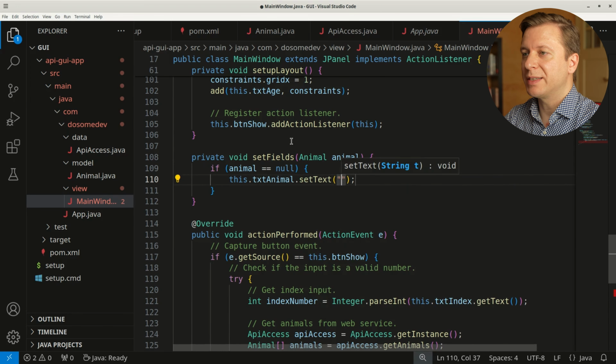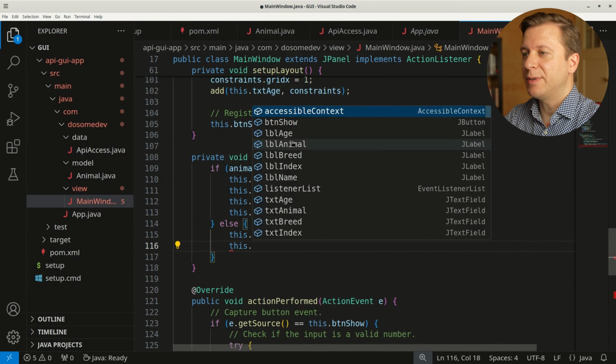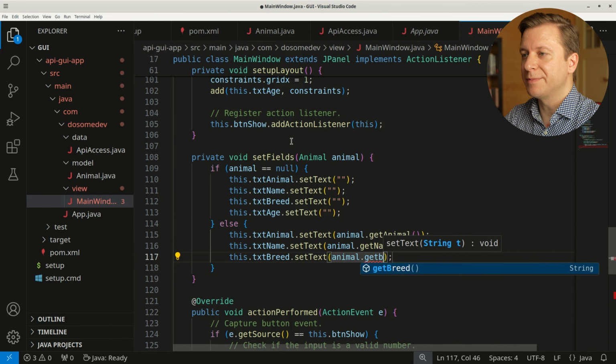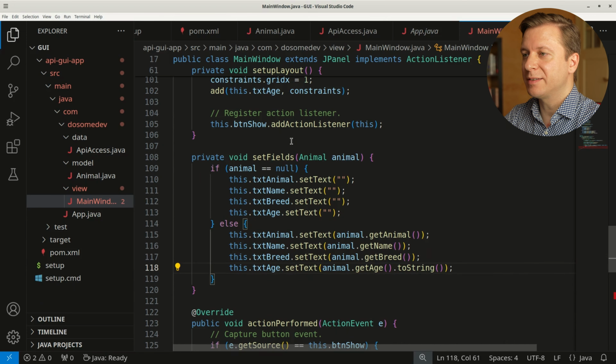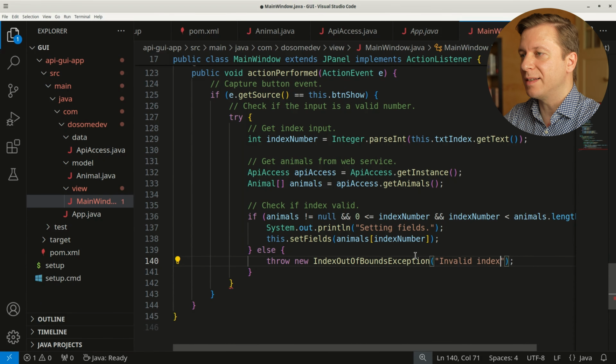Now, if the animal object is empty, we empty all the fields. But if the animal object is not empty, we extract all the details and fill the fields. Okay, let's make the call to the setFields method, getting the right animal out of the array of animals according to the index number. And if the index does not exist, we throw an exception, invalid index, please enter an